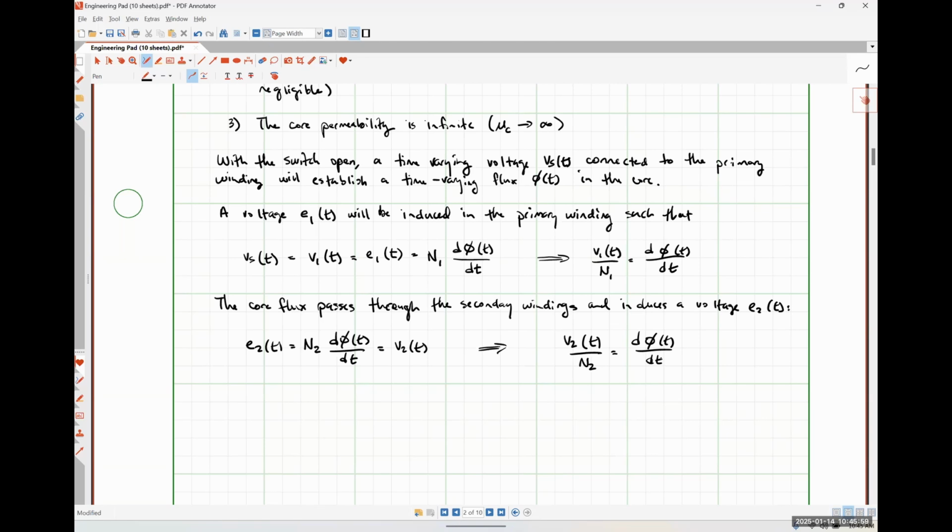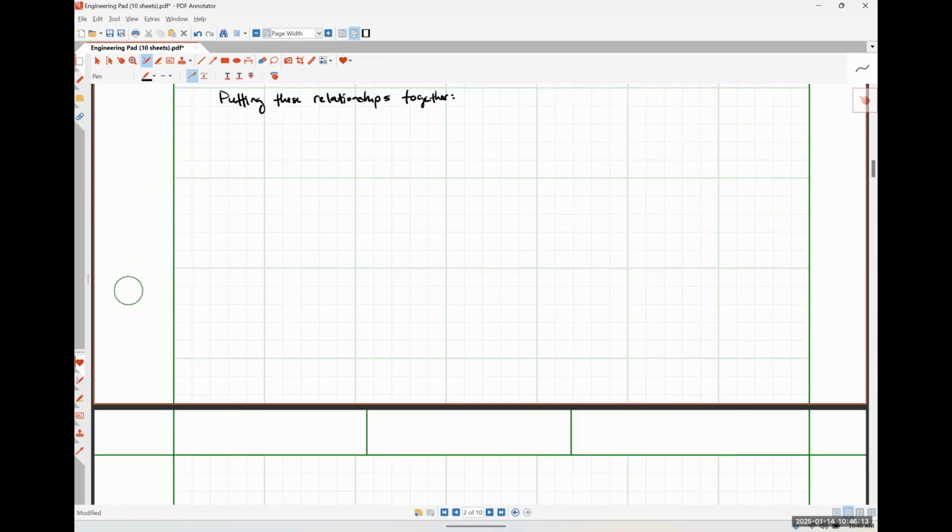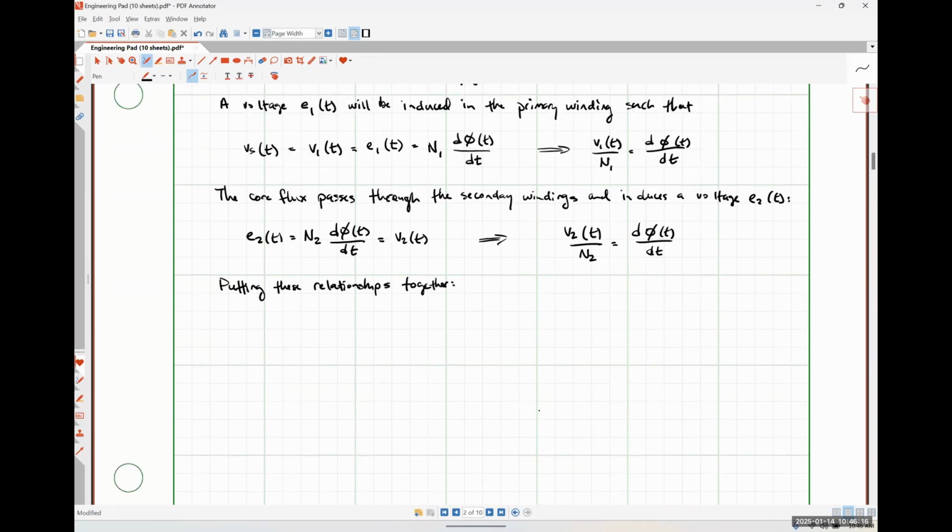So putting these relationships together, we wind up seeing that V1 over N1 is equal to V2 over N2, which could be rearranged as